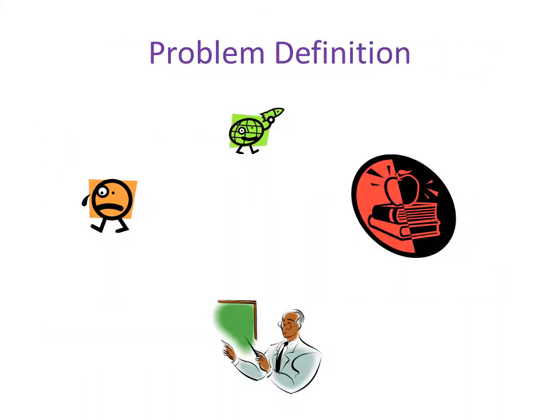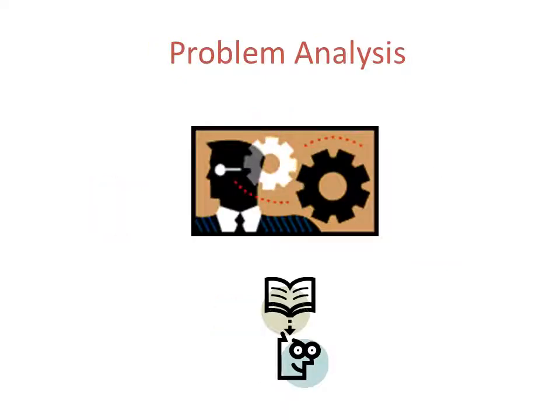Problem definition is the first step of problem solving methodology. It will give the detailed description about the problem. So based on this description only, we can analyze the problem and we can design the problem. In the problem analysis stage, we can ask questions about the problem. If the problem is one of the common computing applications, we can use known algorithms, and if there is no algorithm, we can devise our own.